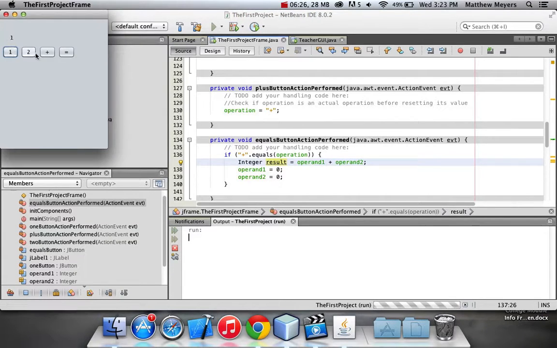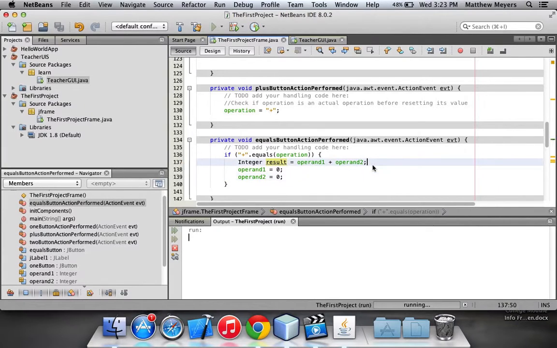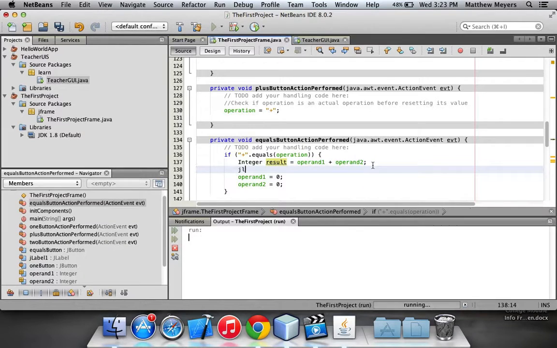Let's see. 1 plus 2 equals. Oh, nothing happens. Oh, that's because we didn't tell the label to update. So we've got to say JLabel1 dot set text results. But I think the problem here is that results is an integer and set text expects a string. So you can actually do, when you're trying to convert an integer to a string, remember how you